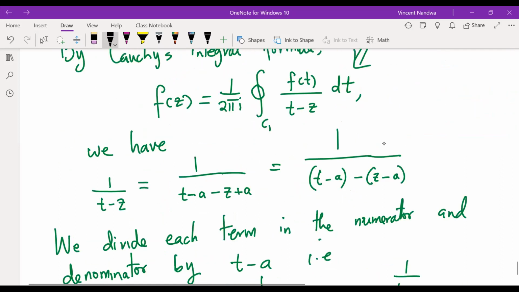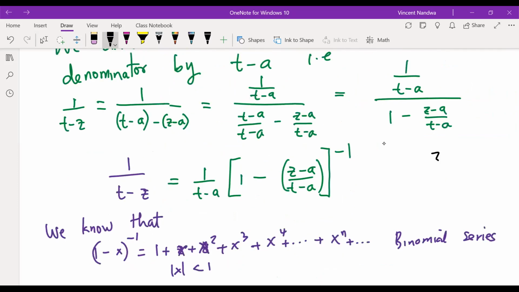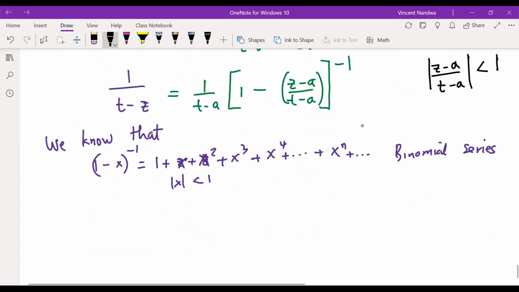So which means in this quotient, (z minus a) over (t minus a), z minus a is less than t minus a, so we expect the absolute value of this quotient to be less than 1. So which makes it possible for us to expand this expression as a binomial series using this formula. So therefore, by the binomial series theorem,